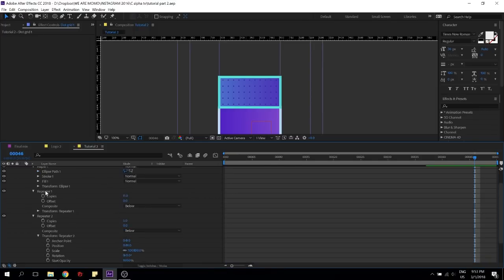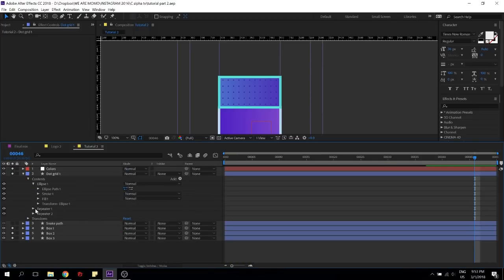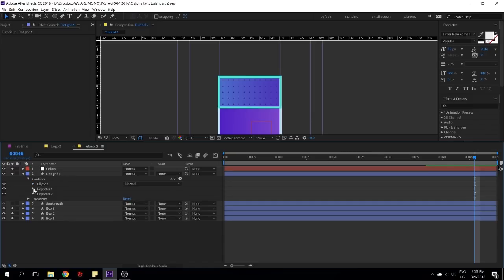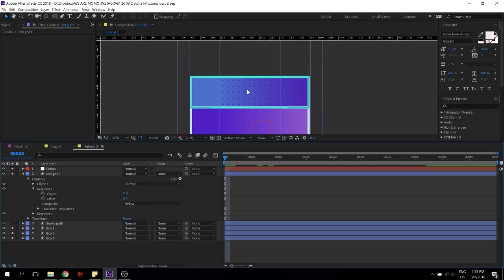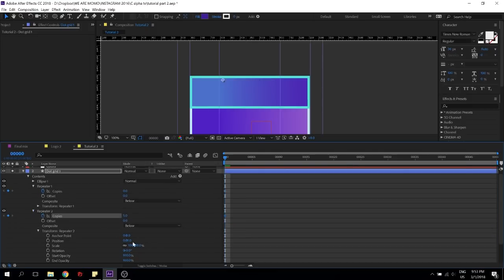Okay, cool. So I'm gonna close all this. Let's focus on the repeater. So what's gonna happen here? What I was thinking is the copies are gonna be 0, and as it reaches here, I want the copies to be 11.